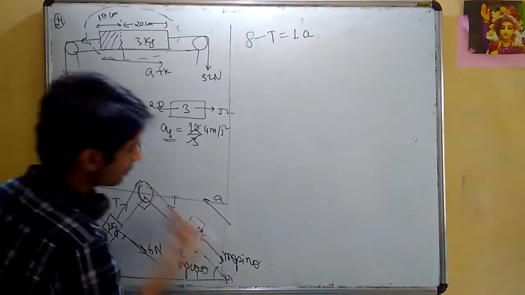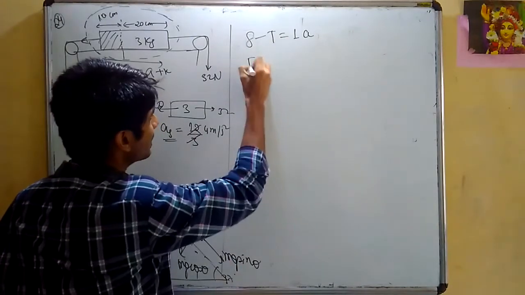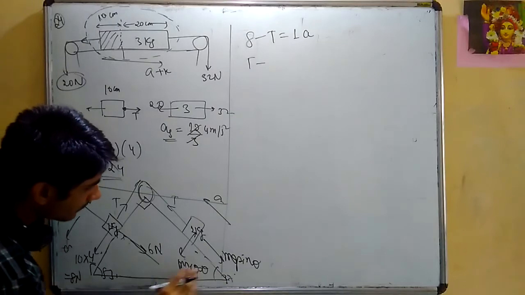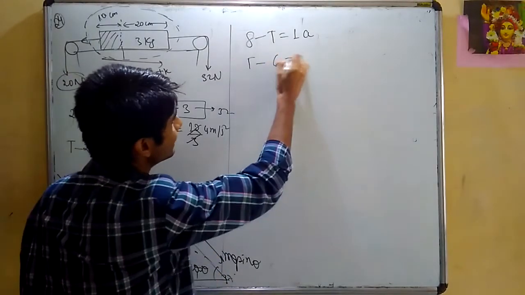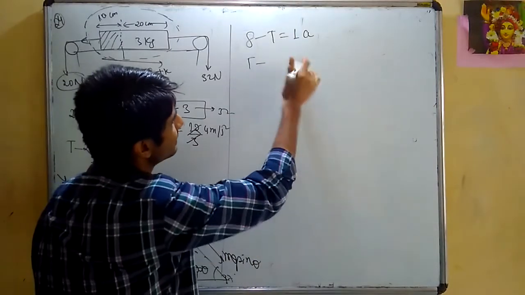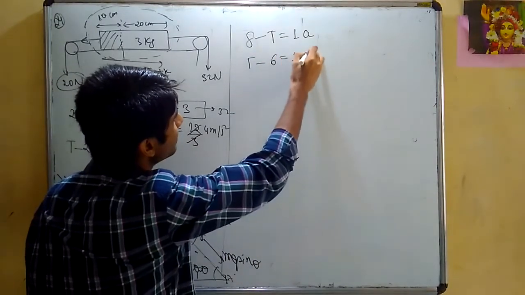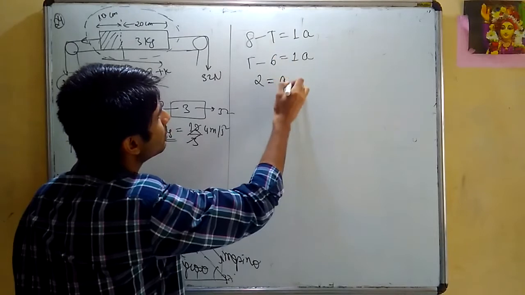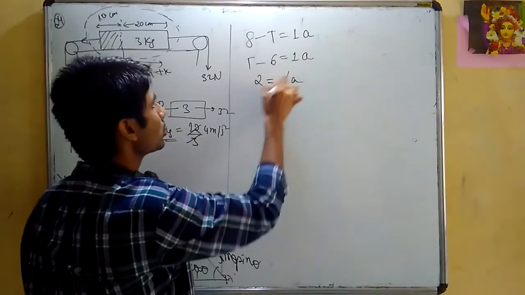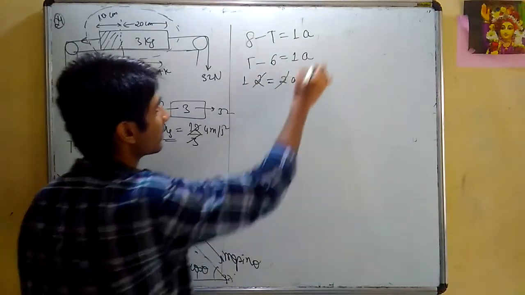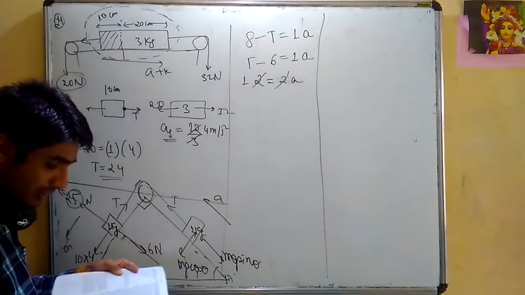ये ऊपर की तरफ जा रहा है. So in this direction, these forces will be positive. That is T minus, what is mg sin theta? 10 sin 37 degree, that is 6. Yeah. This is equal to mass into acceleration. You simply add it. I have 2 equals to how much? 2 equals 2a, right? Yeah, 2 equals 2a. So acceleration is 1 meter per second square. Done. Now let us come to the next question.